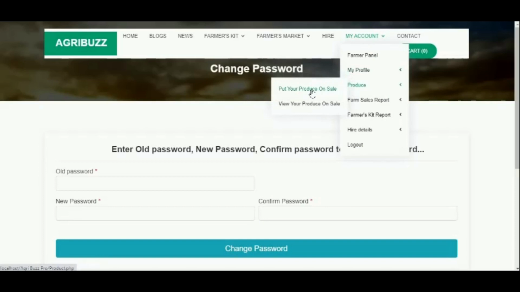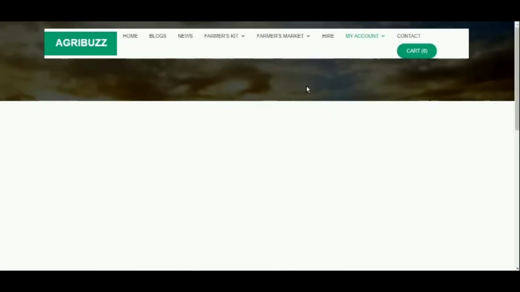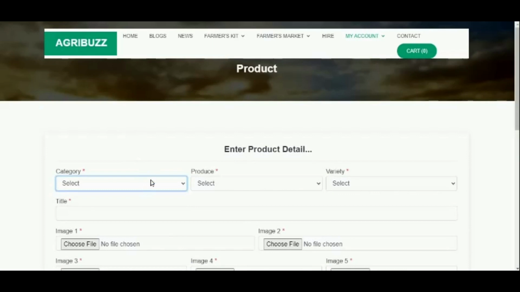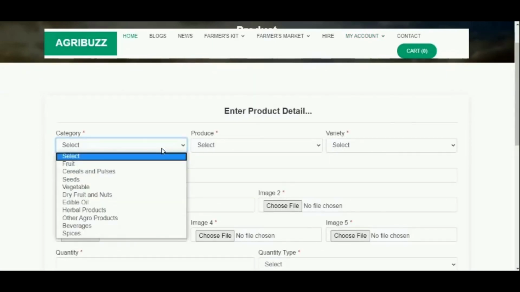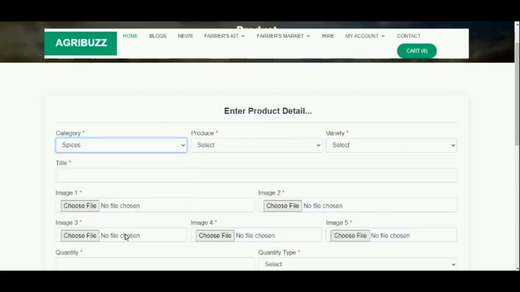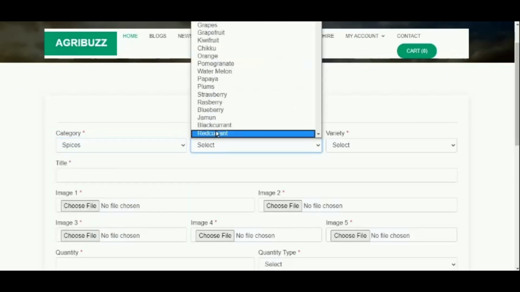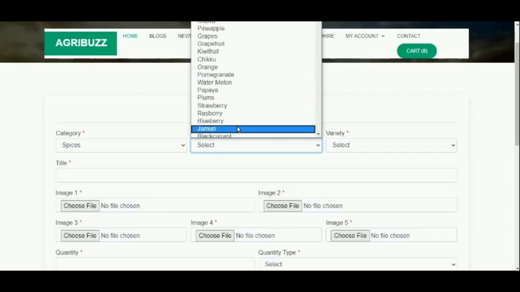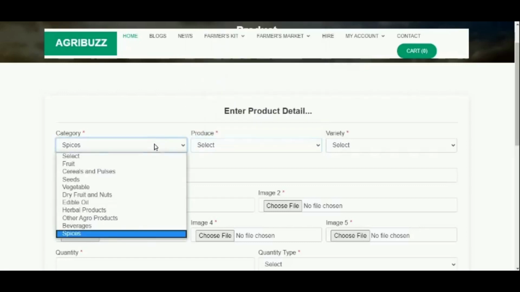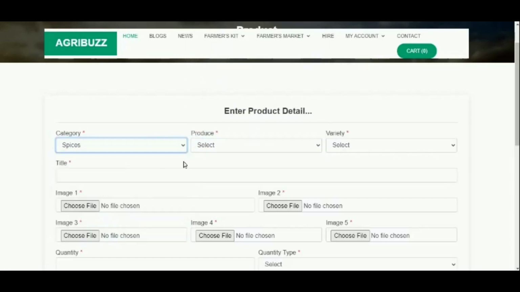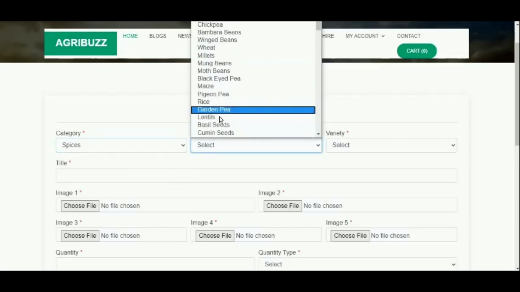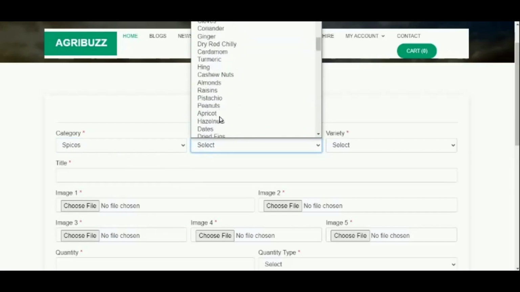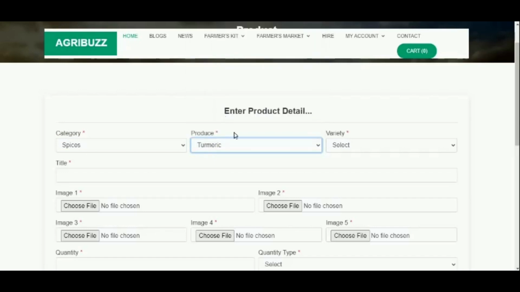Under Produce panel, farmers can put their produces on sale by mentioning category, produce name, variety, title, images, quantity, type of quantity and description.